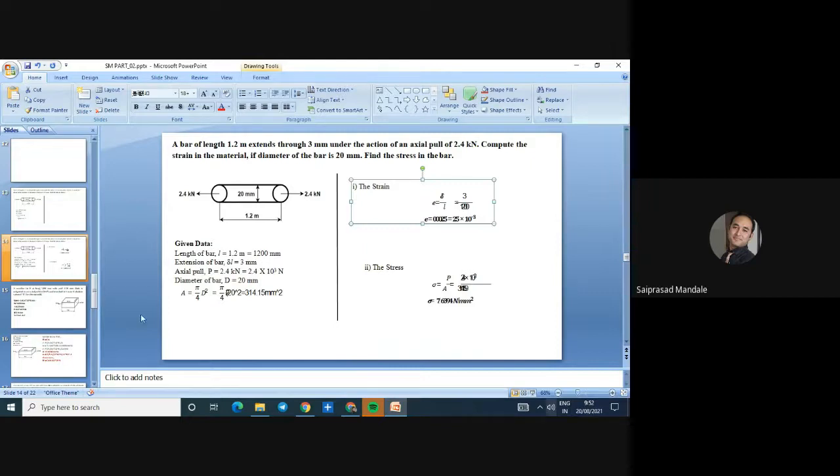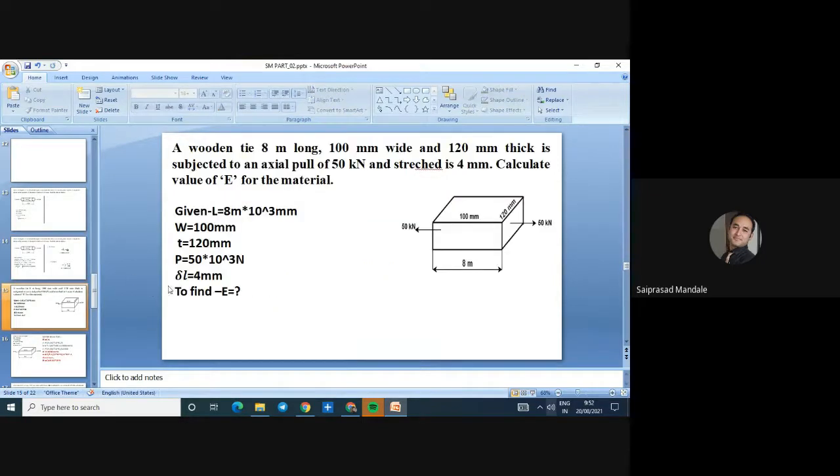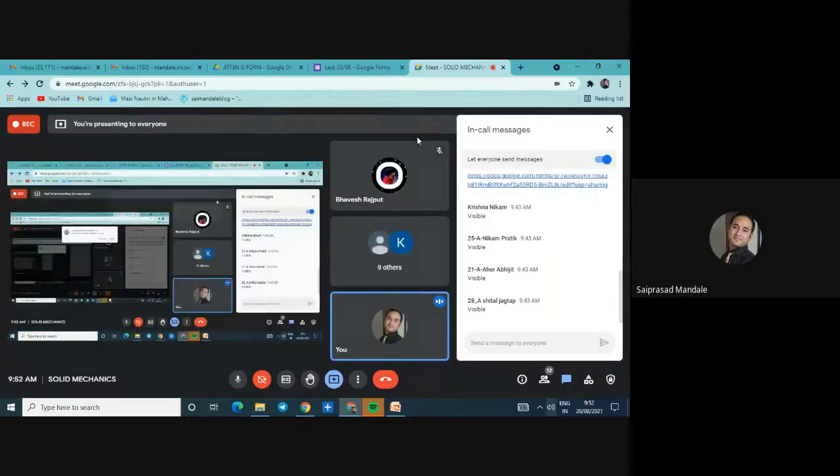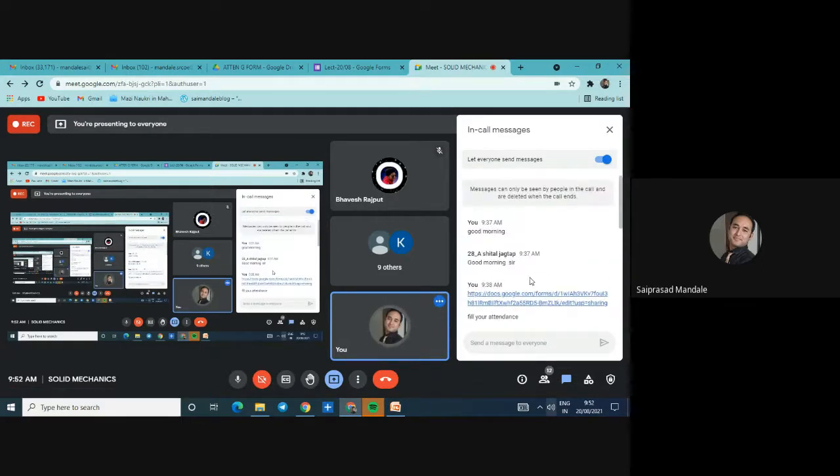So I guess it is very easy for you to understand and calculate stress and strain of the simple structural member. Okay, numerical number next. Everybody, you can calculate or not. We are dealing right now in very basic numerical, so that it is very motivating for you to solve the difficult numerical. Right now we are on very simple track. From tomorrow we are starting with the difficult numericals. Okay, everybody has to calculate the things.